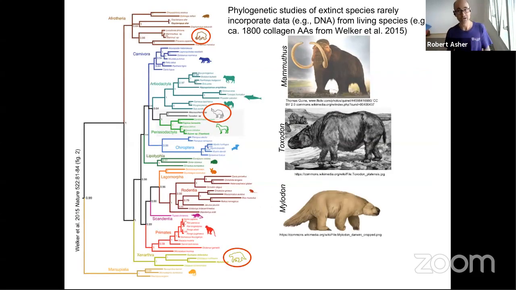We do have, on very rare occasions, molecular data from things like woolly mammoths or upper Pleistocene endemic South American ungulates or upper Pleistocene xenarthrans, giant ground sloths. And a wonderful, compelling paper by Welker and colleagues in 2015 had alpha and beta collagen chains of two SANUs, two South American native ungulates, Toxodon and Macrauchenia, and they put forth this very provocative hypothesis that almost certainly has at least a grain of truth to it, that actually this South American radiation is a sister taxon to Perissodactyls: rhino, horse, tapir. So you do get genomic data, or at least genetic data, some kind of molecular data for some fossils, but